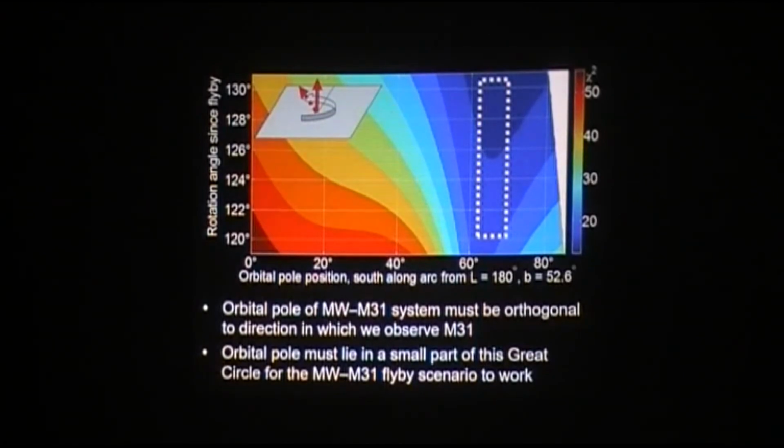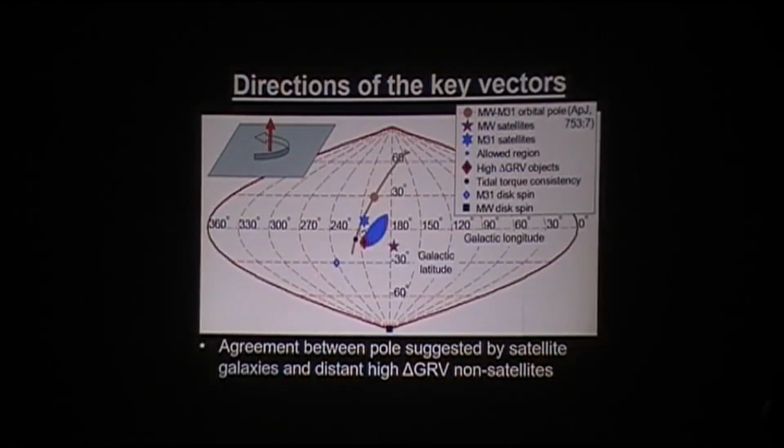Now, what that means, if I show you the directions of everything I was talking about on the sky in a latitude-longitude map, so this is the orientation of the Milky Way disk, like the direction of its angular momentum, and for Andromeda. The Milky Way satellites are rotating like with the normal red arrow like there, and for Andromeda it's there. What I was showing on the last slide is that the Milky Way Andromeda orbital plane normal should be there. Importantly, the high velocity galaxies in the Local Group we identified, the normal to the plane containing them points in this direction. So you can see it's extremely close to where our theory suggested it would be.